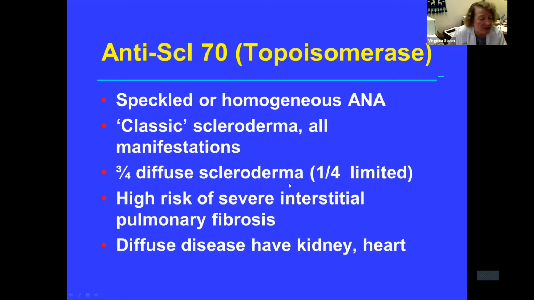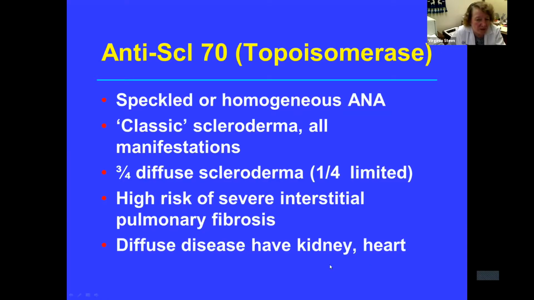And that's part of the reason we've tried to get away from the CREST syndrome term, because many of these patients will have limited cutaneous disease and be called CREST, and yet they still have a very high risk of having interstitial pulmonary fibrosis. So that's really important to remember. Even if someone has very minimal skin involvement, they still can have severe fibrosis. Usually it's only the diffuse cutaneous patients that will have significant kidney or renal crisis,